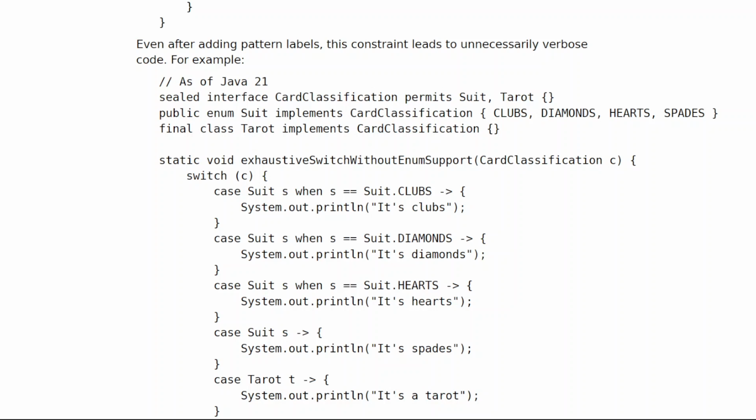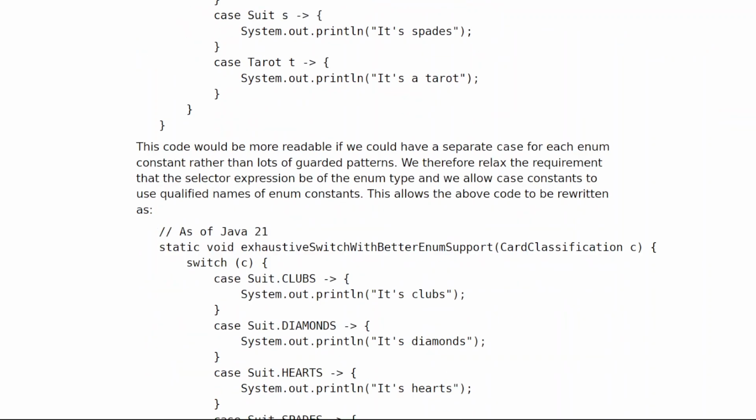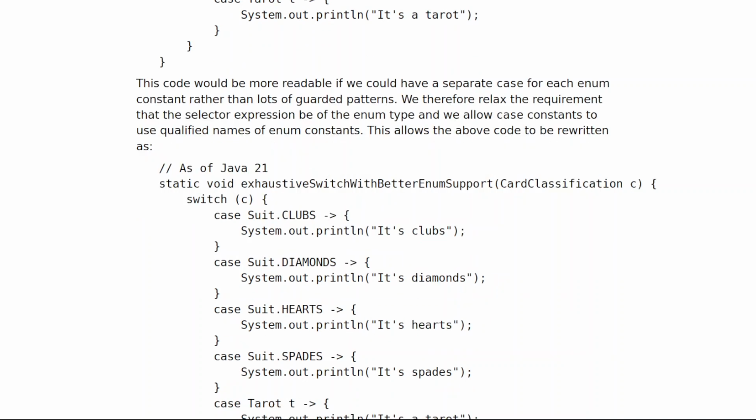sealed interface CardClassification permits Suit, Tarot. public enum Suit implements CardClassification { CLUBS, DIAMONDS, HEARTS, SPADES } final class Tarot implements CardClassification. static void exhaustiveSwitchWithoutEnumSupport(CardClassification c) { switch (c) { case Suit s when s == Suit.CLUBS -> System.out.println("It's clubs"); case Suit s when s == Suit.DIAMONDS -> System.out.println("It's diamonds");